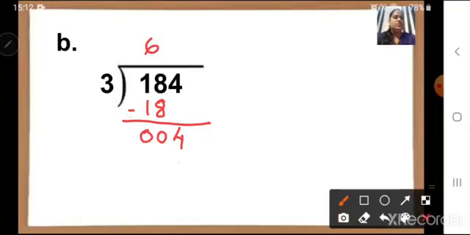Now children, 3 ones are 3 and 3 twos are 6. So number 6 we cannot write here. Correct? Because it is a bigger one. So we have to take 3 ones are 3. So 3 ones are 3 will come. Put minus here and subtract. Now 4 minus 3 is 1. Right children? Now here do we have any other number that will come down? No. Correct? So number 1 is our remainder and our answer is 61.